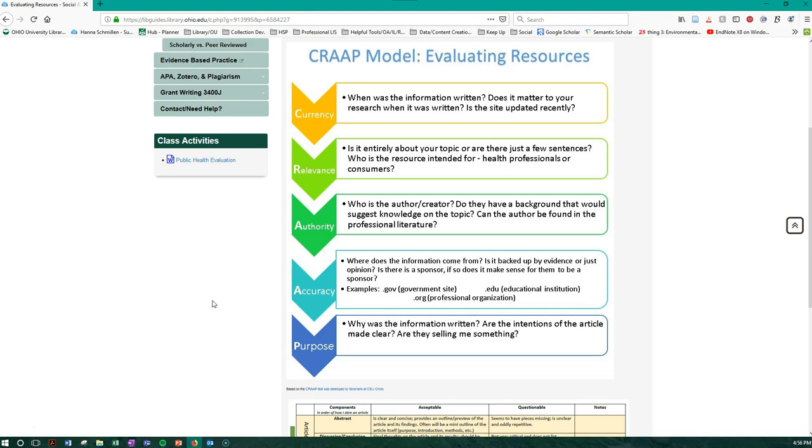If I am writing about current hunger in Athens County, then it may not be relevant to use a quote from a research article over 15 years old. The second category is relevance. Is it entirely about your topic or just a few sentences? Who is the resource intended for? Healthcare professionals or consumers? If the resource has only a small portion of content on your topic, find a better resource that is dedicated to your topic. Also, using WebMD or similar resources are meant for paranoid patients, not people writing a grant or a professional in the field. The next category is author,